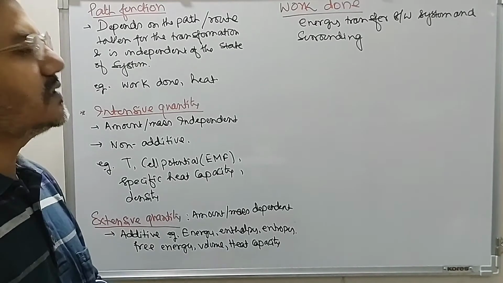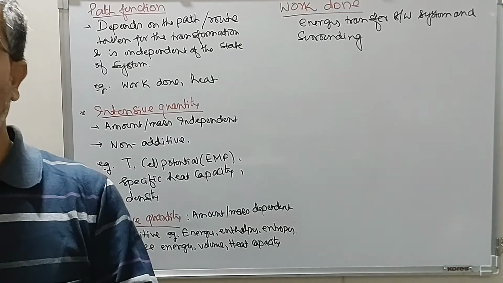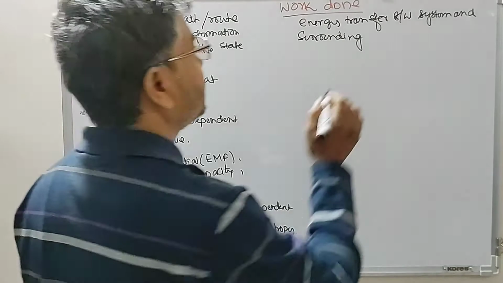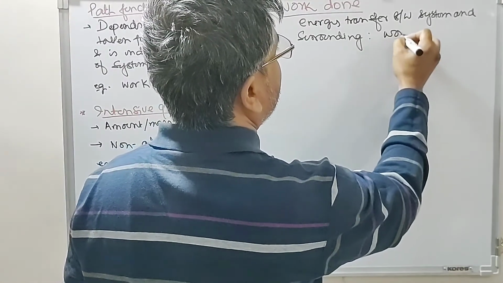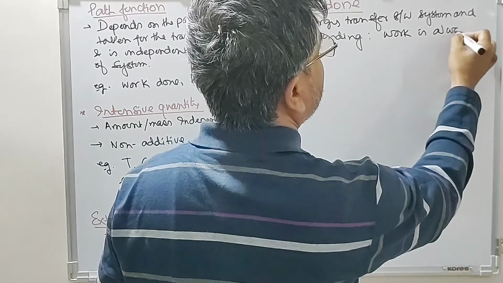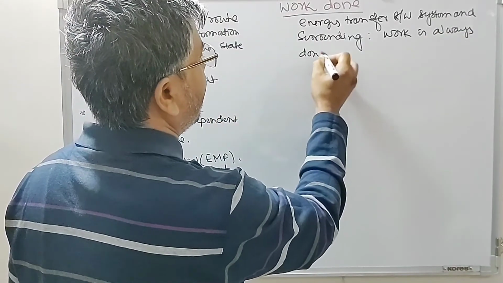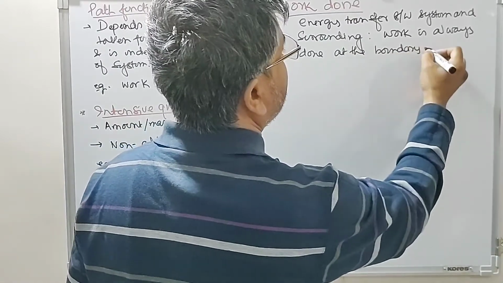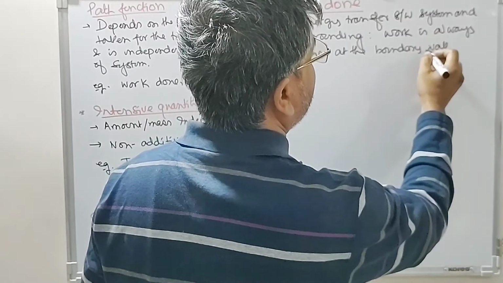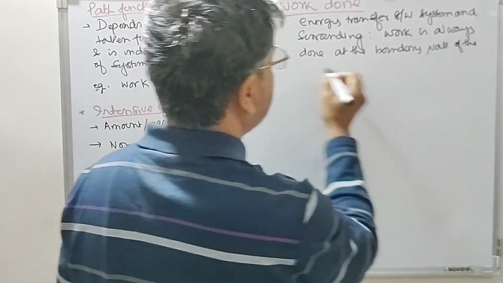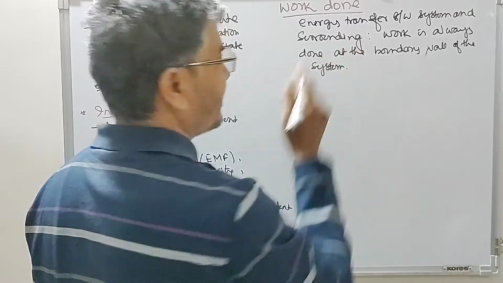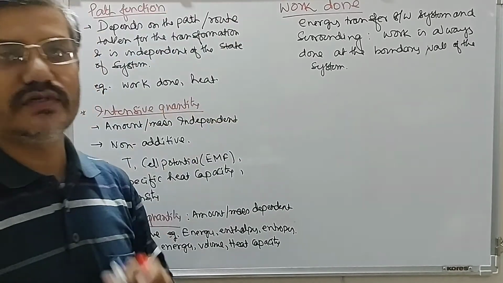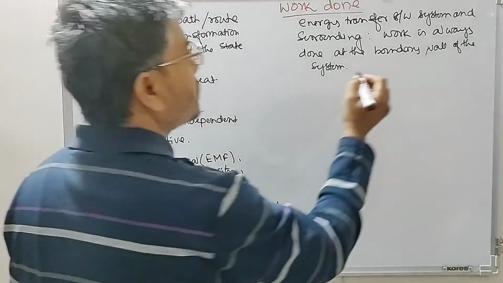So whenever we use the work done, work is always done at the boundary of the system, at the boundary wall of the system. If the system is doing work, then at the boundary. If the surrounding is doing work, then again at the boundary of the system. Now this work done